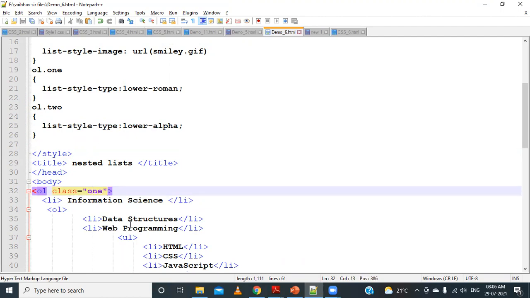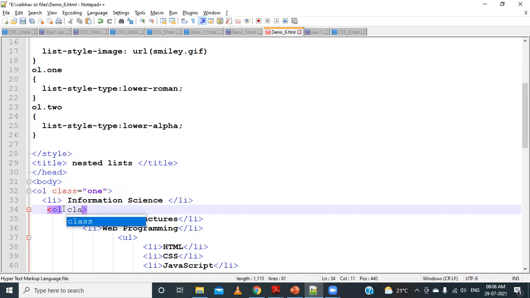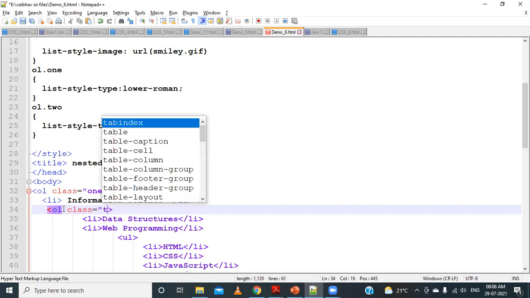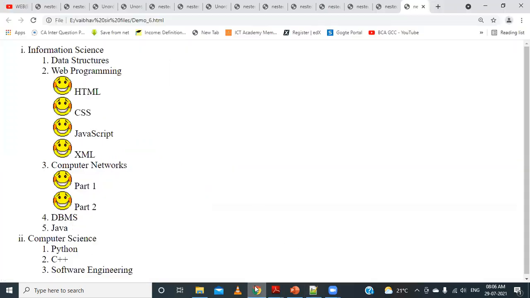Now if I want to apply this for the second OL here, I will say OL and then class, and I will use the class name as 2. What I have mentioned is lower alpha. So for the second OL and its list items, the lower alphabets will be applied.